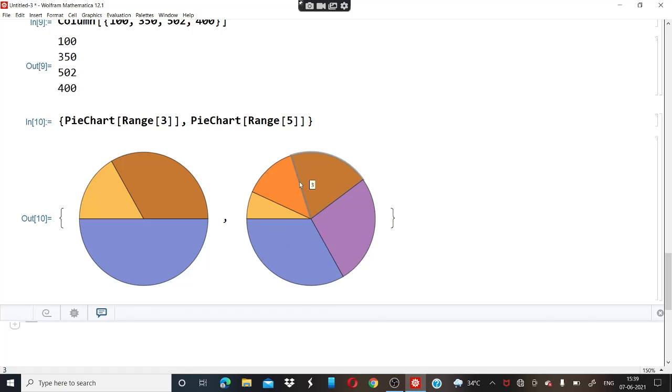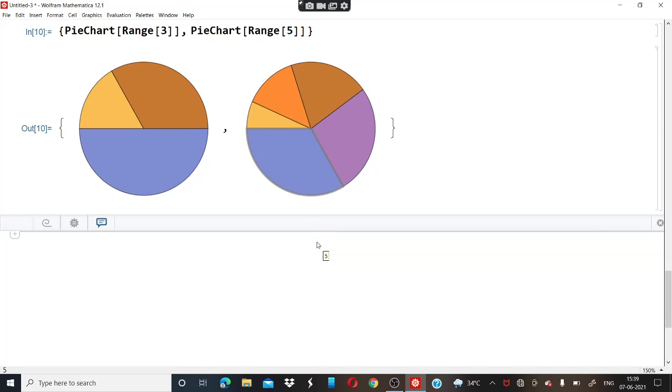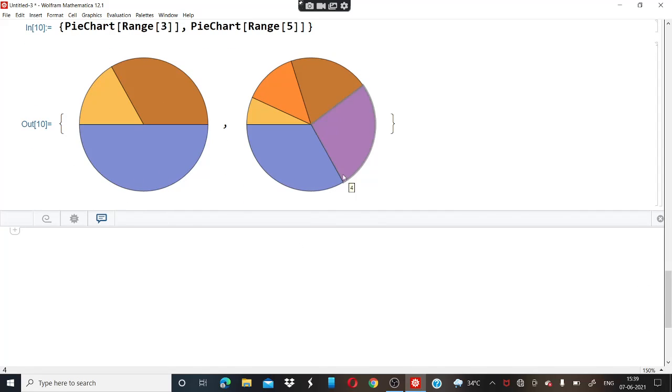Again here you can see 1 2 3 4 and 5, so both pie charts are in brackets. For example, for x and y axis we write middle bracket x comma y, and in the pie chart case you also do middle bracket pie chart 1 comma pie chart 2 and close this bracket.